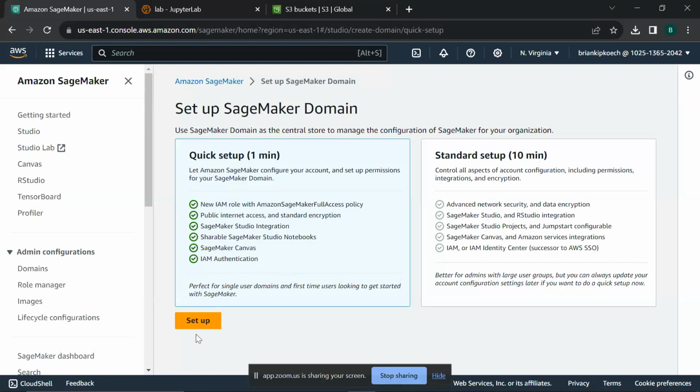This is what you are going to use. But when you have multiple users and you are using it for development, not for experimentation, you would like to make it more streamlined and more fine-grained using this second option. So to set up a domain, you just click setup and you'll have your domain going.